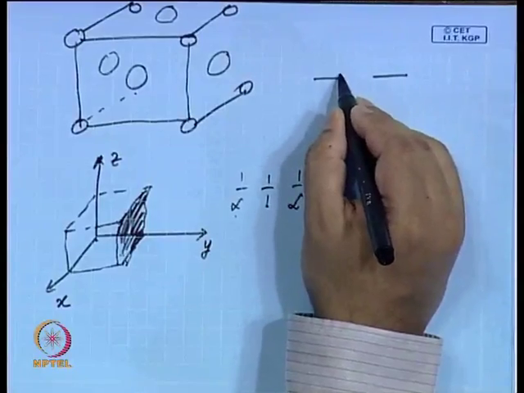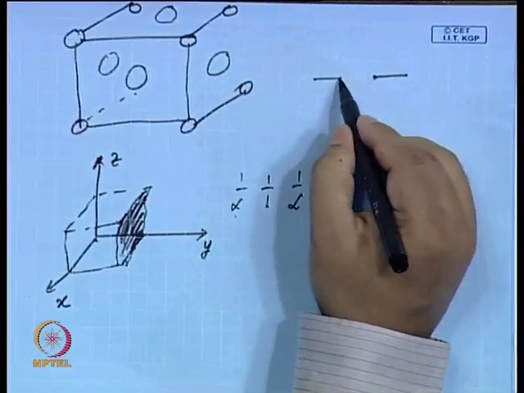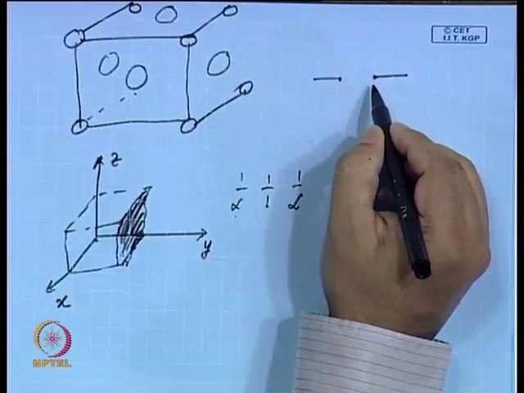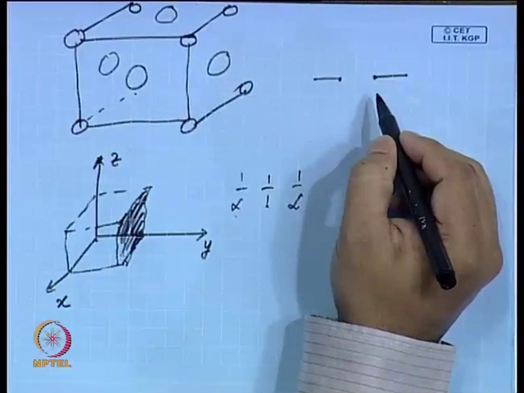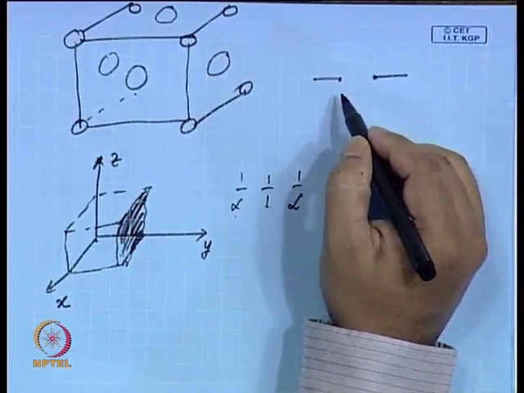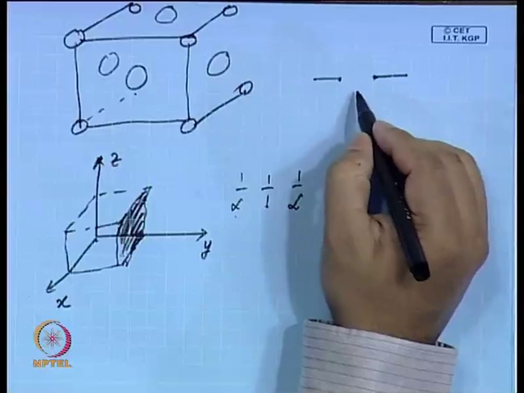Suppose this part is protected by mask and only this portion is exposed. I mean, this portion etching can take place. Now, if it would have been an isotropic etching, for example, if you have glass, it does not have a crystalline structure, it is an amorphous material. Amorphous material means the atoms are random. So, can you tell me how would be the shape of isotropic etching process if the etching would have